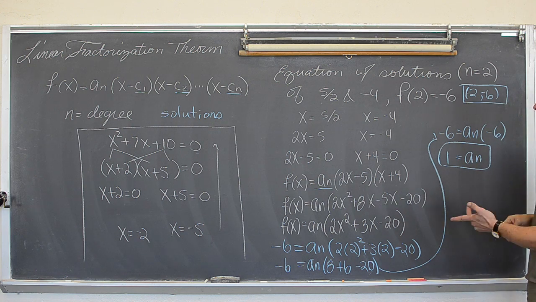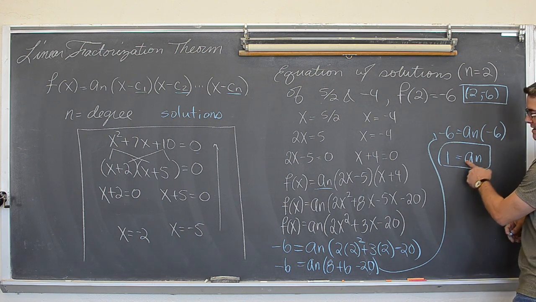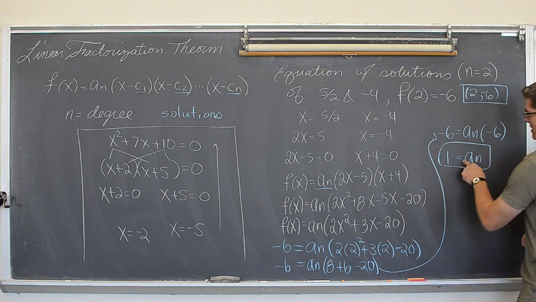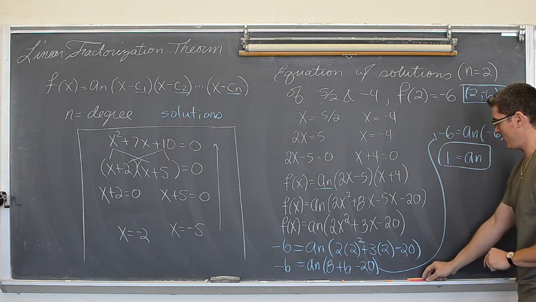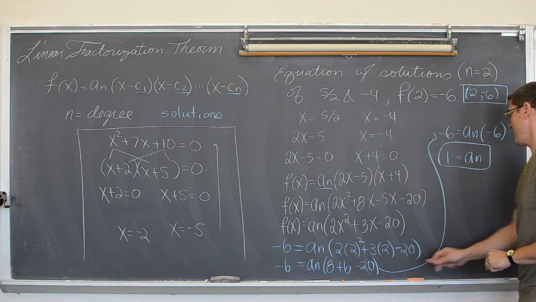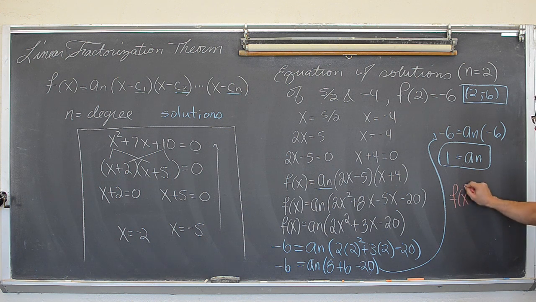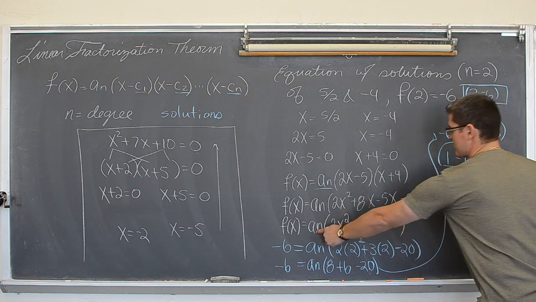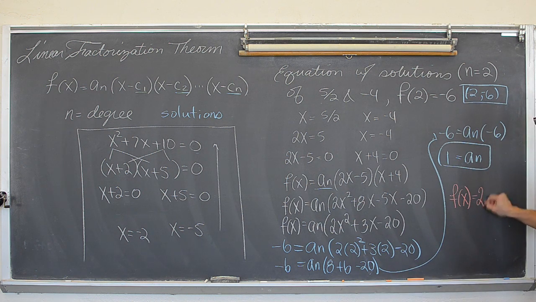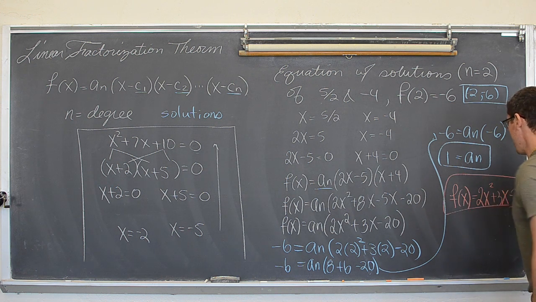Awesome. So what that means is now, I don't need to actually change my final answer, because this value of 1 would have to come in here, and as our final answer, f of x equals, well, now this is 1, so that's not going to do anything. 2x squared plus 3x minus 20. Woo! I barely fit that in.